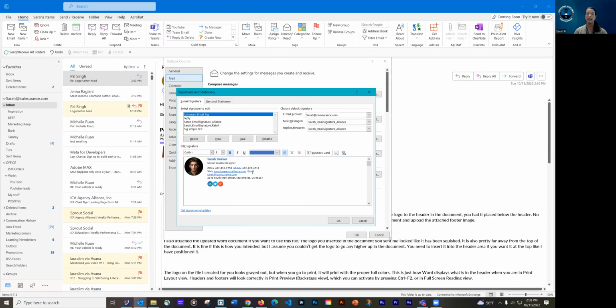Okay, and then that brought it down to the next line. So I'm going to make sure that I hit enter because I want all my information to be on the same line. It's labeled, and then I want my email on the same line as the label. I might even actually add a little colon in there just for a little bit more separation. Okay. And actually, I don't need two phone numbers because I don't have two, so